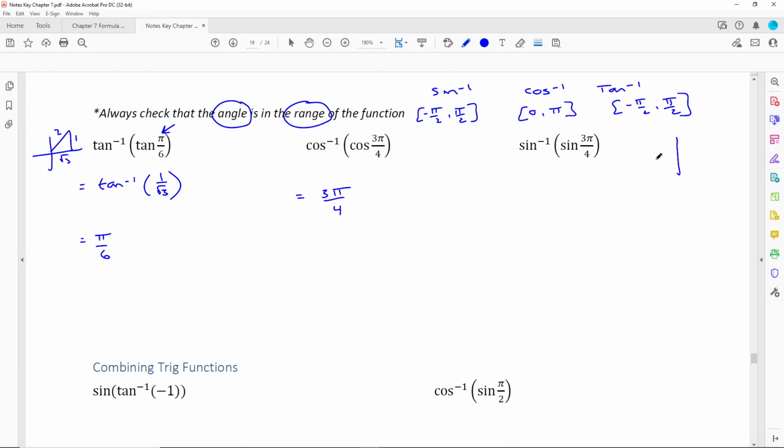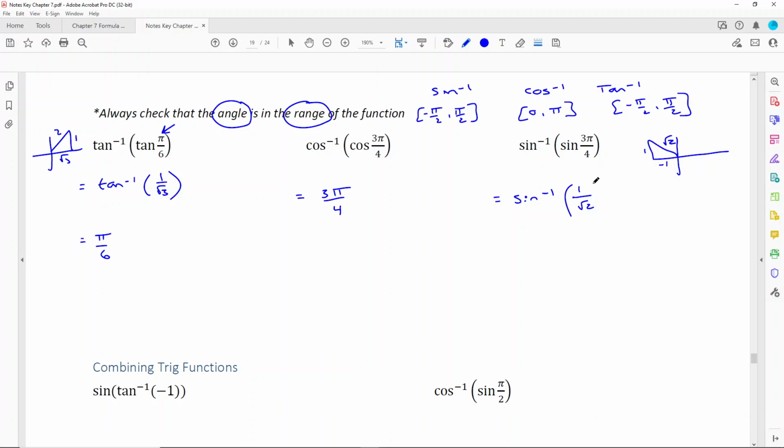So if I was to find out what the ratio is for 3π/4, we know it's in quadrant 2. We know its reference angle would be pi/4, so it's my 1, 1, √2 triangle. Now, check for negatives, right? It would be -1 over √2. So if I find the value of the inverse sine of opposite over hypotenuse, which is 1 over